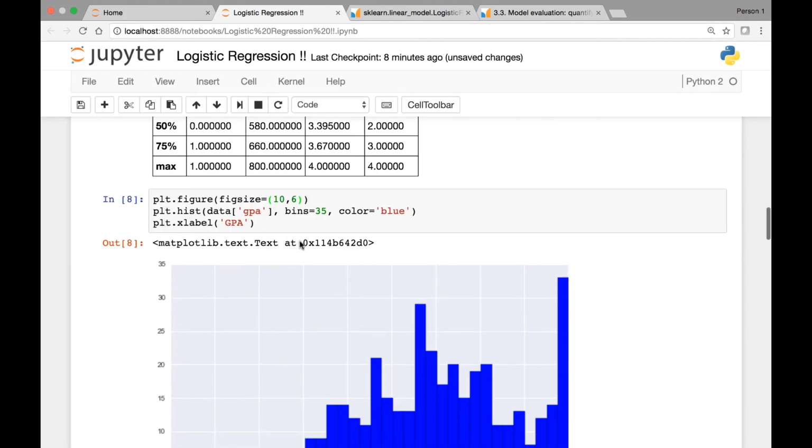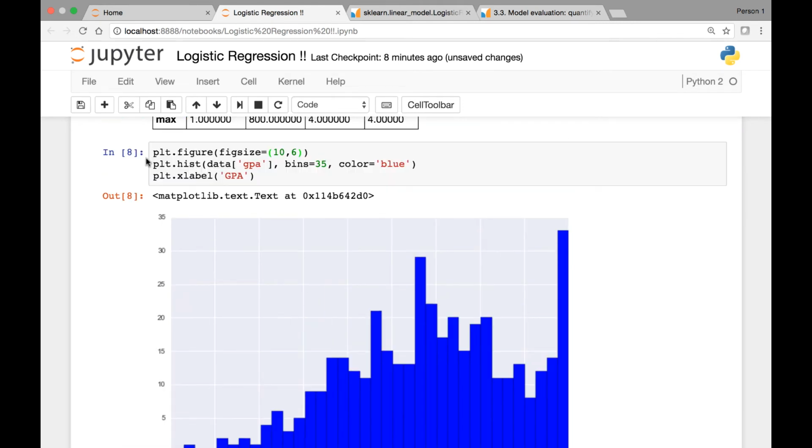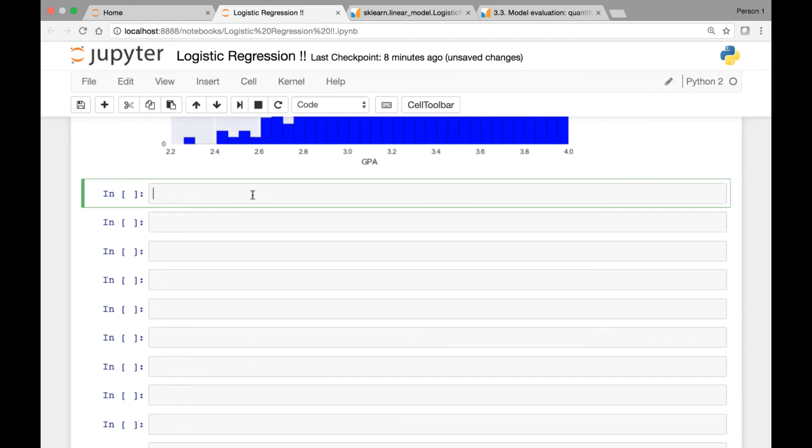For you, this figure might be a bit different. So here we call the hist method that matplotlib has. You can also just call the hist method on your data frame column. So we're trying to see the GPA column, right? The GPA of students. So we could have also called the hist method on it and then pass the number of bins we want to see, color, let's say blue,